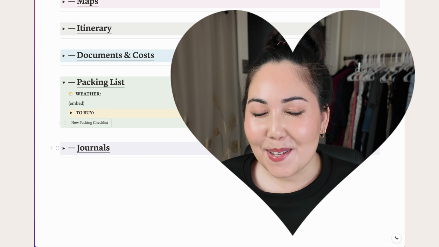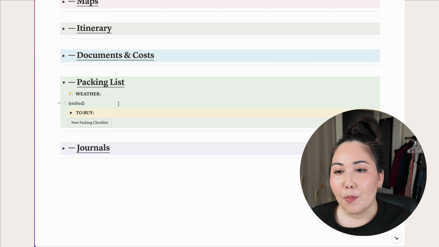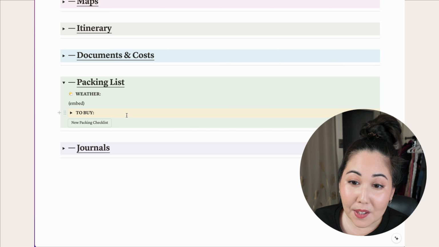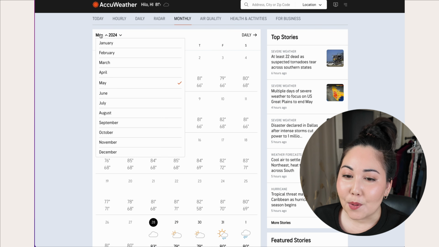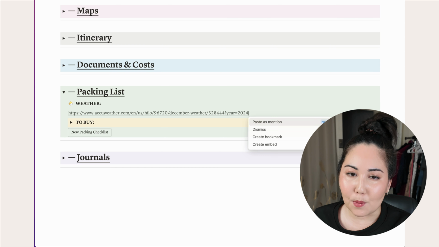Packing list. We love a good packing list. So I'll usually check the weather closer to the trip, but while I'm in the initial planning stages, I will add bookmarks to AccuWeather because they have the monthly calendar set up super far in advance. So even if the trip is months away and there's no forecast yet, I can at least see the weather